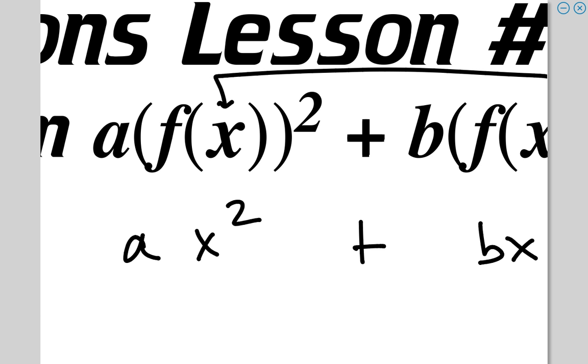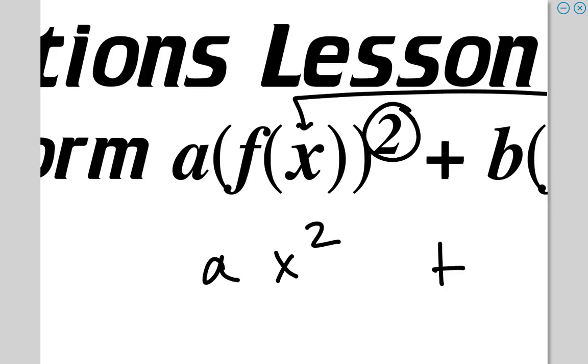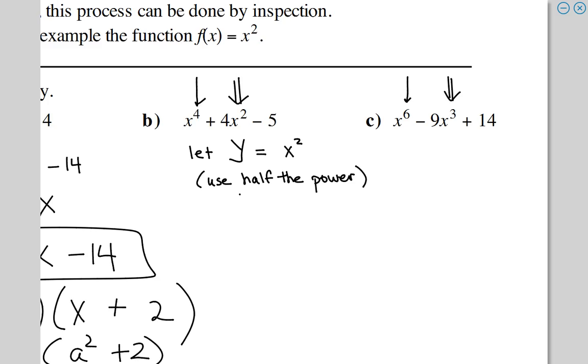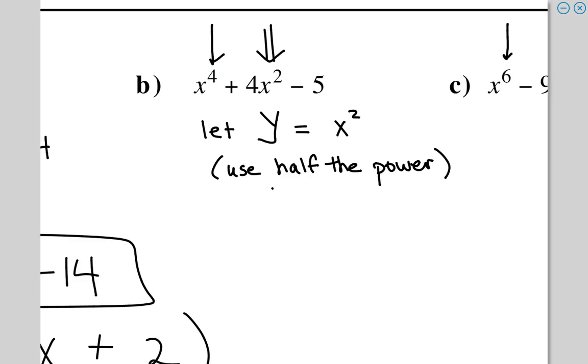Because what's the power always going to be? It's always going to be power 2. Like ax squared. So if they give you like 8, what should you use? 4. If they gave you 16, use 8. It's always going to be half because you have to end up squaring it. Okay? So let's substitute in our x squared